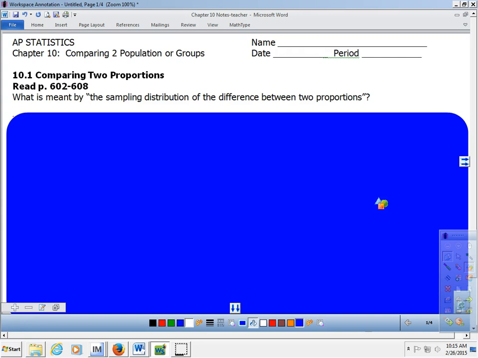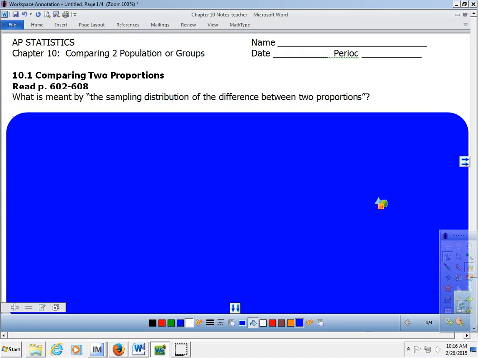If we want to know if there's a difference in the proportion of men versus the proportion of women that are going to vote for a political candidate, we would take a look at sampling from two different populations and comparing them. And very often the most logical and the most common way to compare those is to subtract them. And so we're going to constantly talk about the difference between either the population mean or population proportion for two